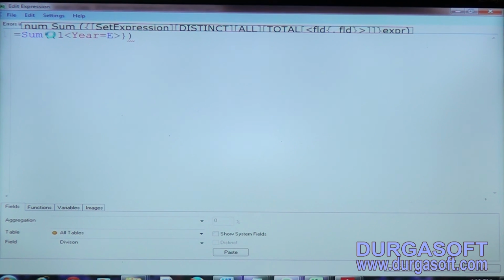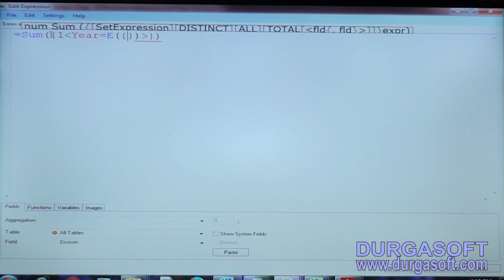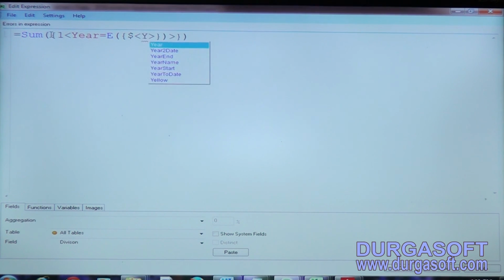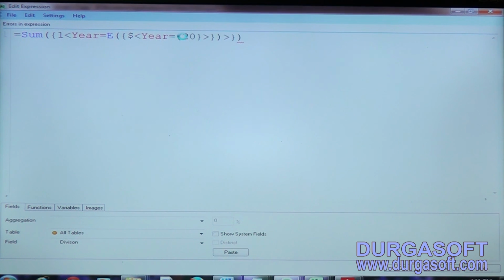You want to exclude 2013, that's why give here the E expression, and open this flower bracket, and inside that open this bracket and give here dollar, and now give this bracket and pass your year equal to 2013 sales. So what it will do, it will exclude 2013 sales,